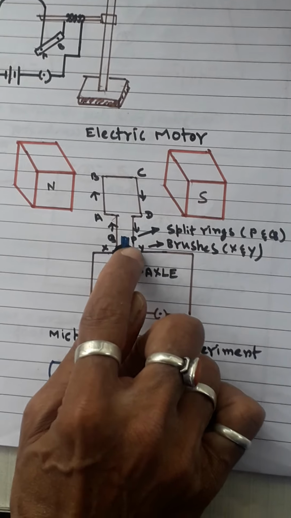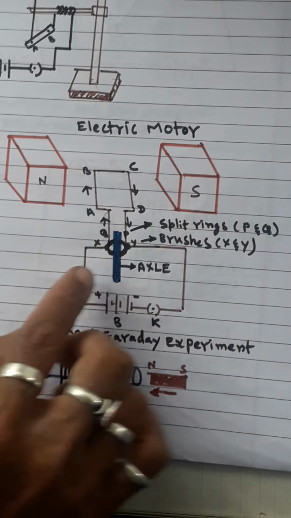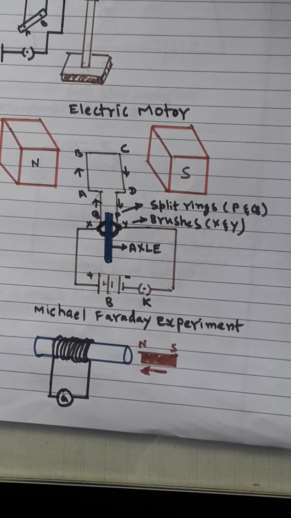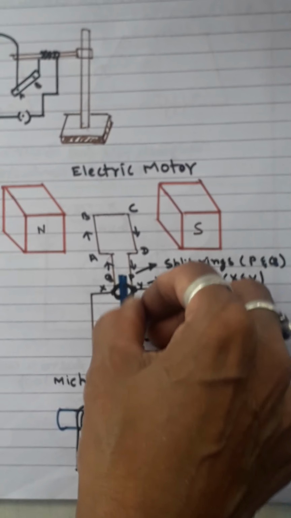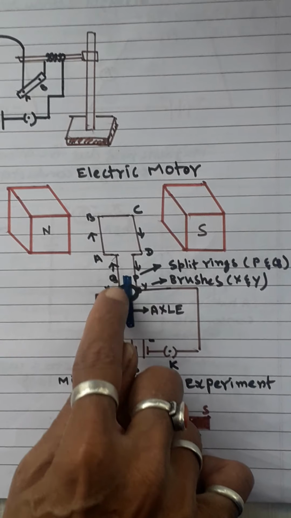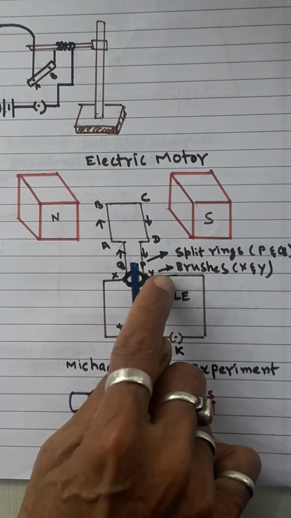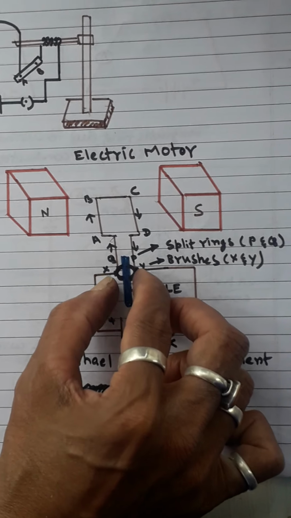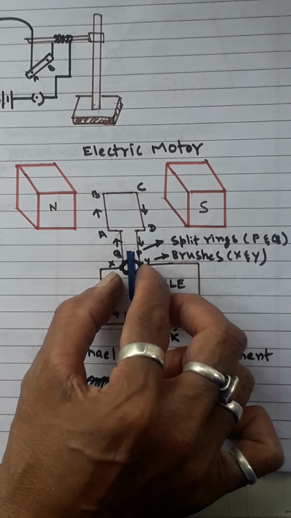Now you have to take these split rings. A split ring is nothing but a ring that is split like that. It is not joined, so it is a split type. Here these axles are there. Now, with the split ring, there are carbon brushes also available. The carbon brush will not rotate, it only touches the ring and then supplies the current.